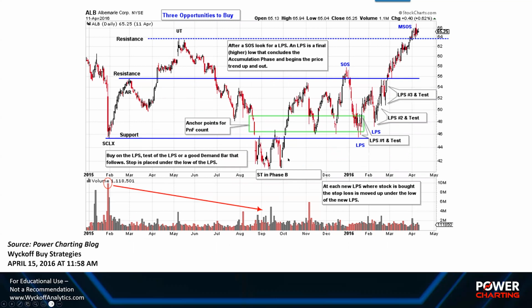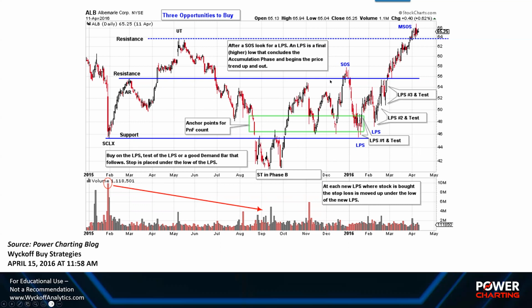And for those who are bold and care to trade these areas with the count, this is a place where you can initiate on this pullback here, and then the strength off of the test of that low, and you get a nice little swing trade here in the month of October. But I think the more important opportunity is when you get over here.